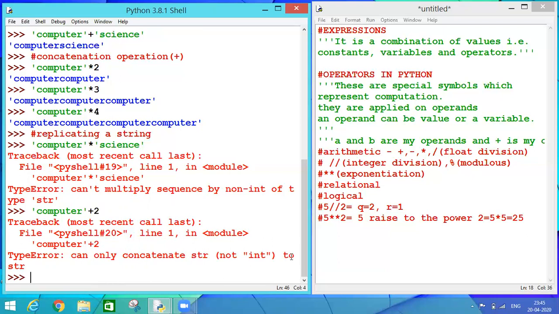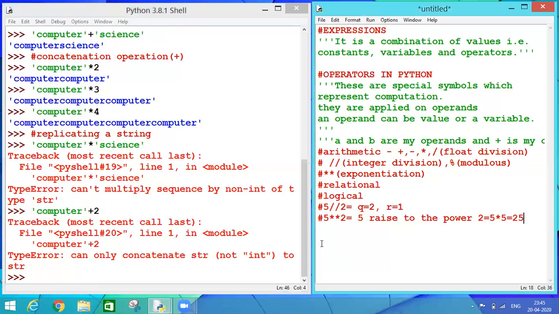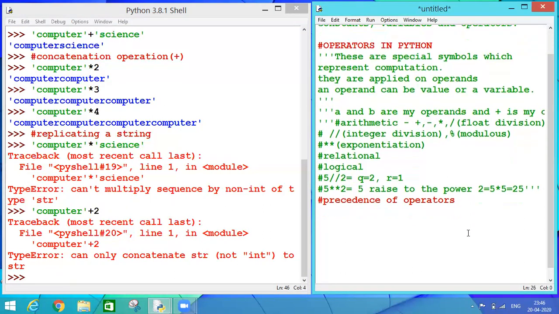And what is the precedence order? Just check. Now I am going to write the precedence of operators.